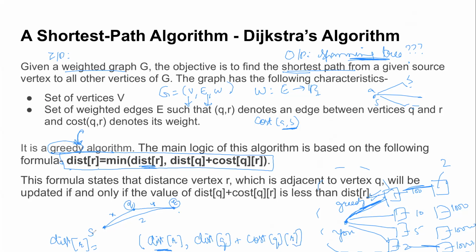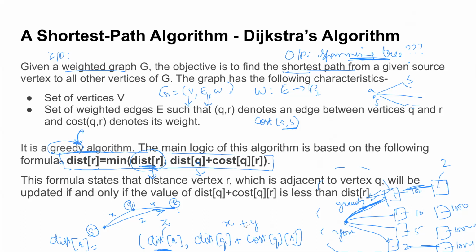So you can see if I want to find the shortest path between S and R, I have 2 possible options. Either I take the direct link or I go via Q. That is exactly this thing. This is your direct link, or the existing weight, and this is your indirect link via Q. What is your cost? So you add first the cost of Q and then the cost of the edge connecting Q and R. The distance of R is Z, the distance of Q is X, and the weight of the edge is Y. So you have Z and X plus Y.